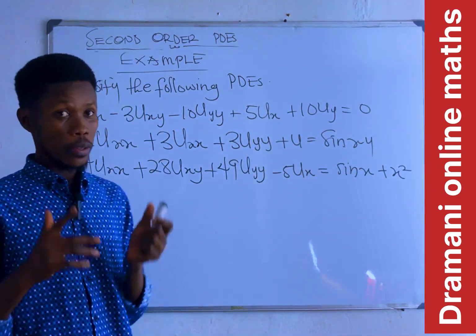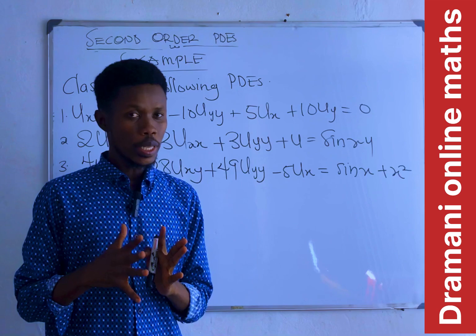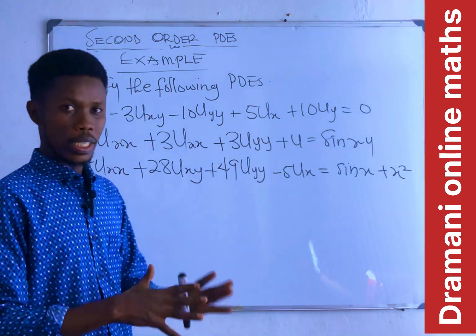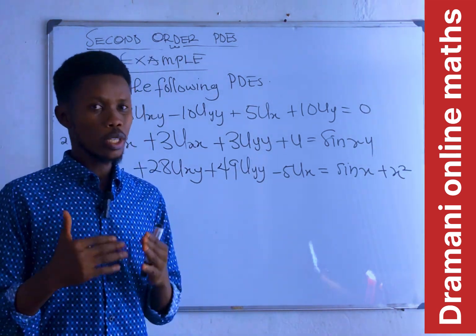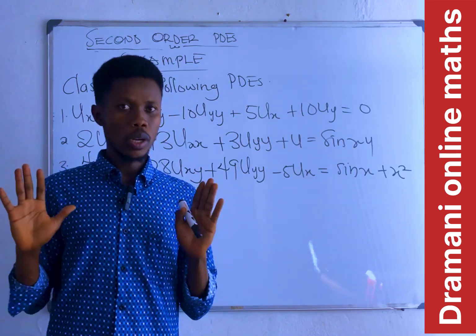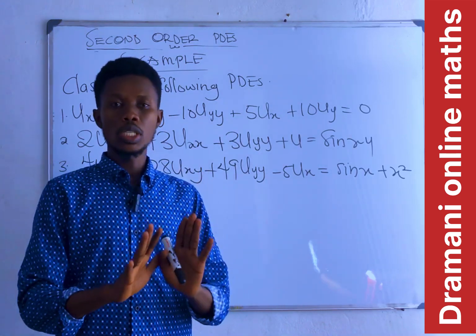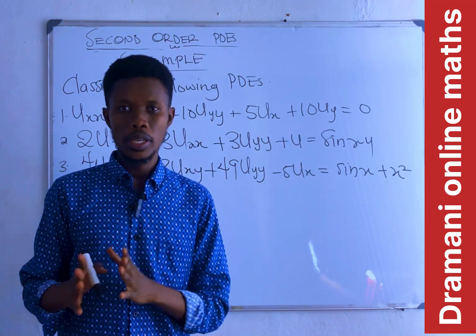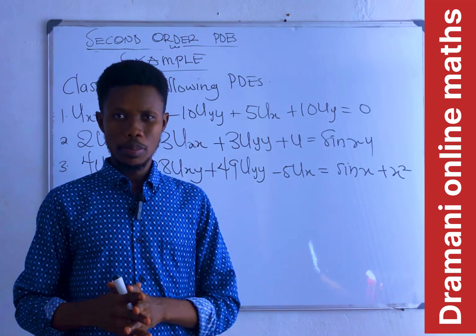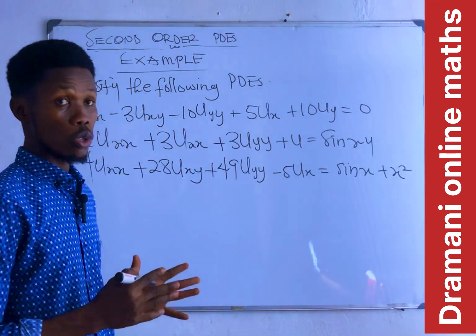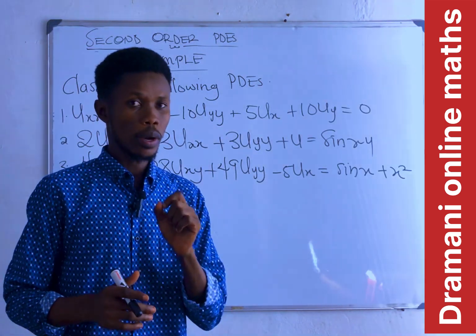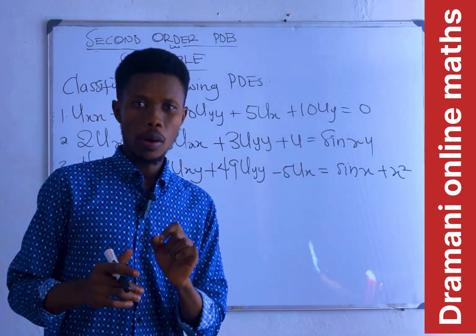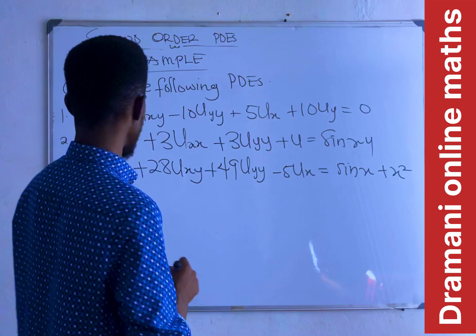Now, when you hear classify the following PDE and you realize that this is in the second order form, you don't need to think about the first order classification. The only thing you need to think about is the second order classification, where you think about the hyperbolic, the parabolic, and that of what? Elliptic. Is that okay? So the first thing we are going to do is start with the first one, and we are going to start with identifying our A, B, C. So looking at this one,